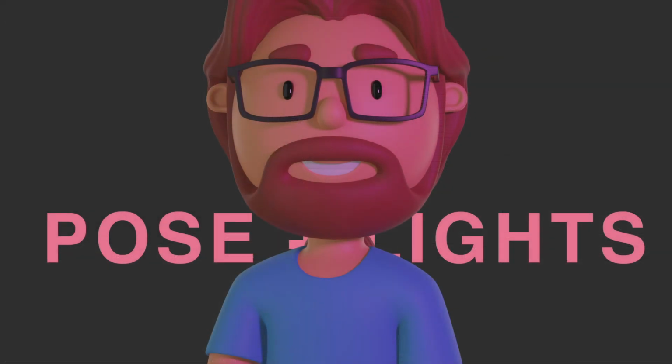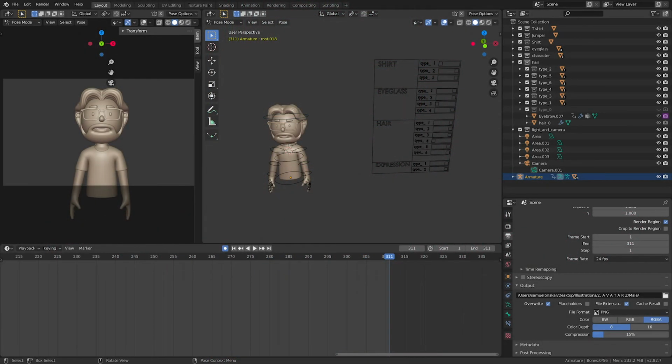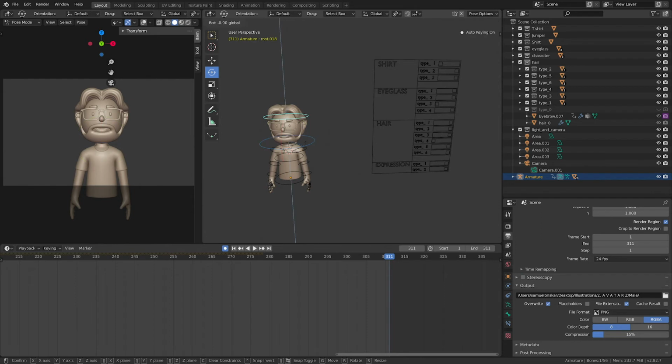Okay guys, let's take a look at changing the pose. We created a rig for the avatar. It means that it's super easy to change the pose. I'm going to change the tool to rotate. I'm going to click on the circle, and now I will just rotate in the direction I want. Let's say I want to change the direction of the head a little bit to the right,